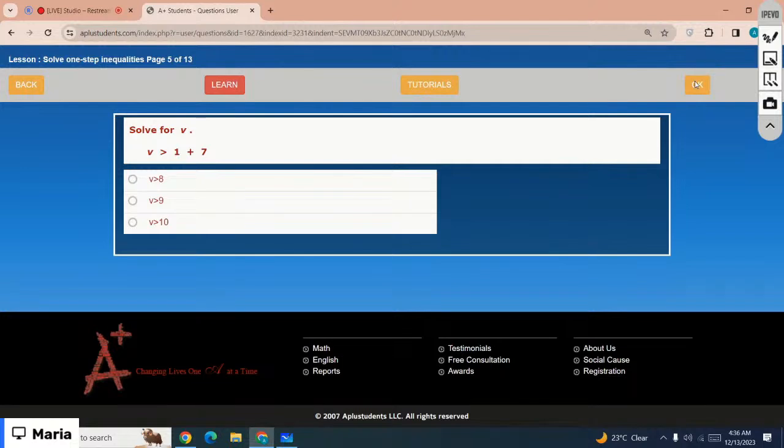Okay, solve for v, which is the correct option? That is v